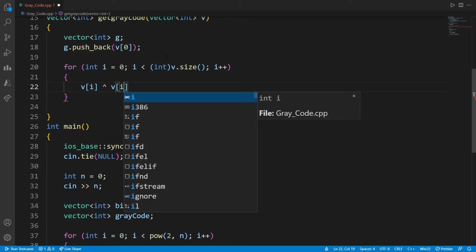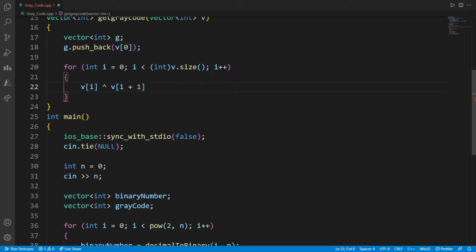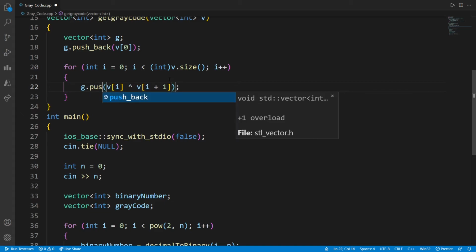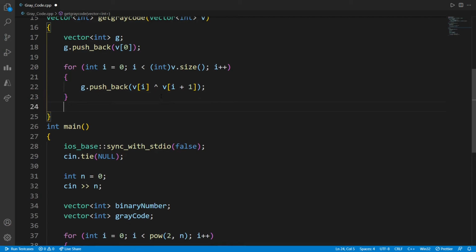If this is i, then this will be i plus 1. So we will start from here and do the XOR operation of i and i plus 1. The result we push back into our gray code. So let's do that, and we are going to return this gray code.